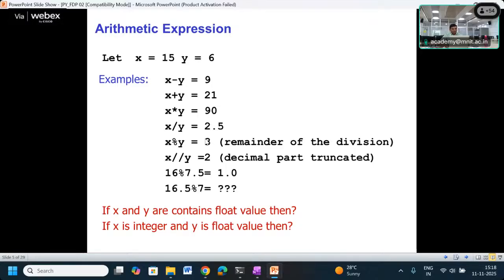Whereas if you are using the modulus operator, where 15 is divided by 6 as a modulo operator, in that case this will return us the remainder of the division. So 15 divided by 6 using the modulus operator, we are getting the remainder to be 3. It means the remainder is going to be displayed. If you are using this floor division operator,